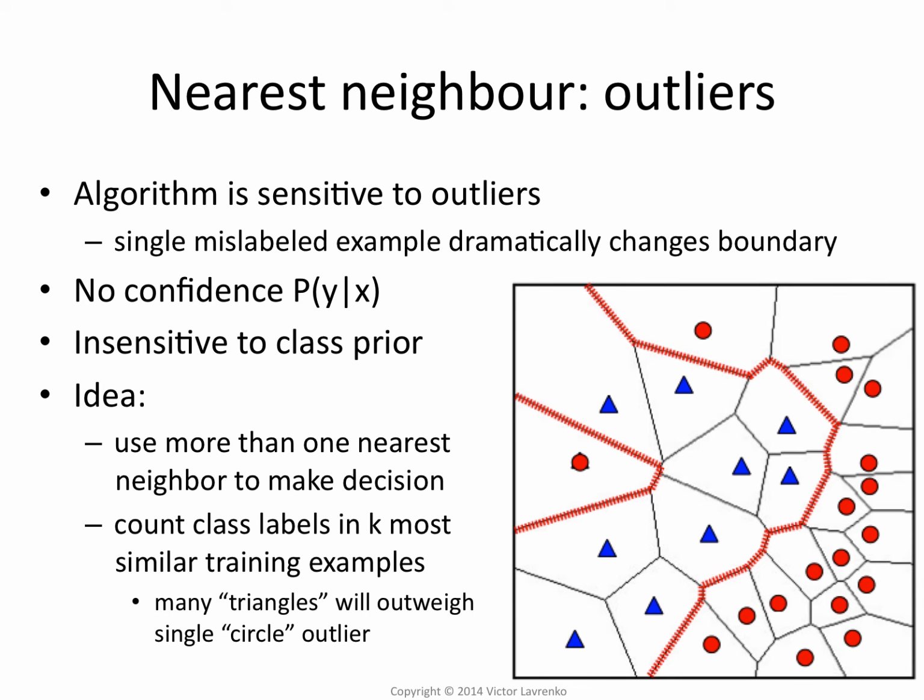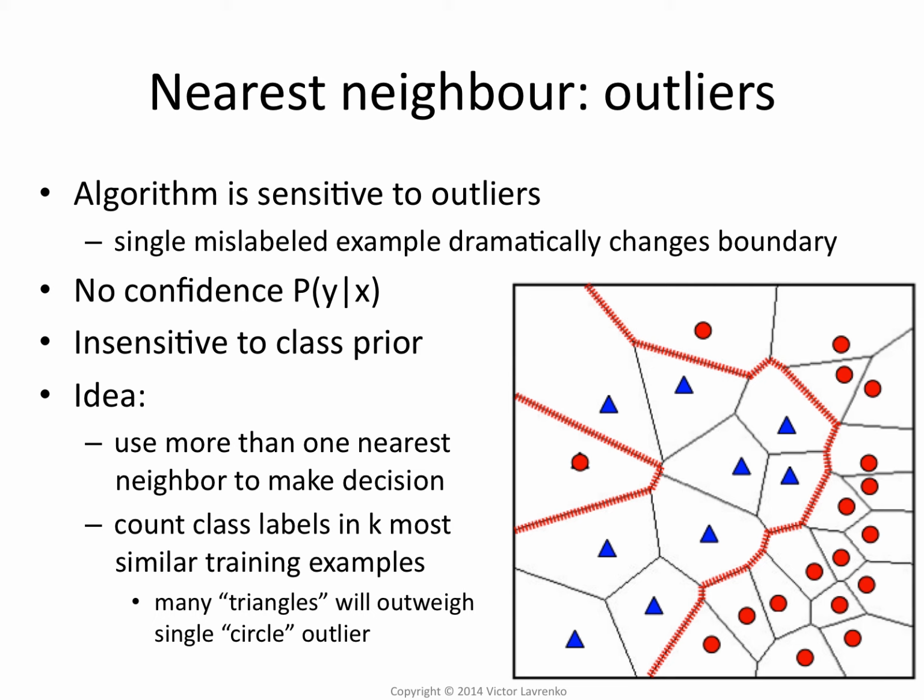So instead of looking at the single closest training example to me, what I'm going to do is find maybe 3 examples that are as close as possible to me and look at the dominant class in that case. Right? So for any point in this region, one nearest neighbor classifier would say that it's red, but